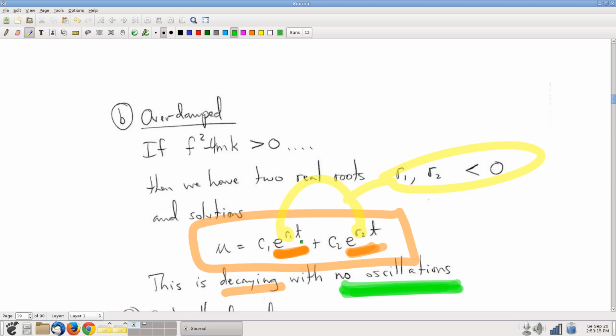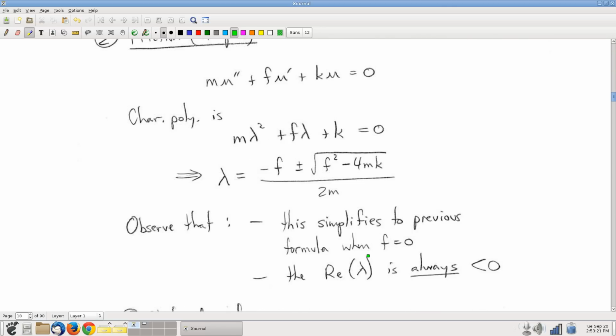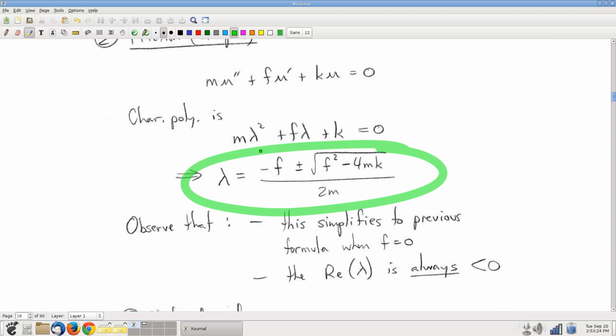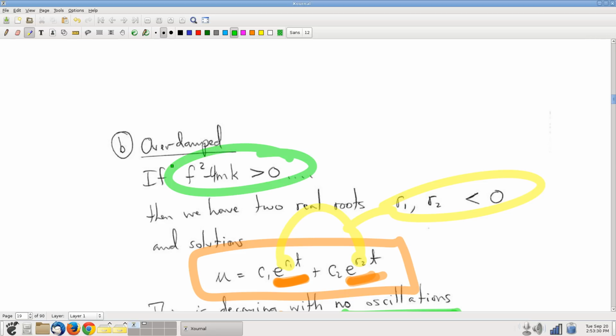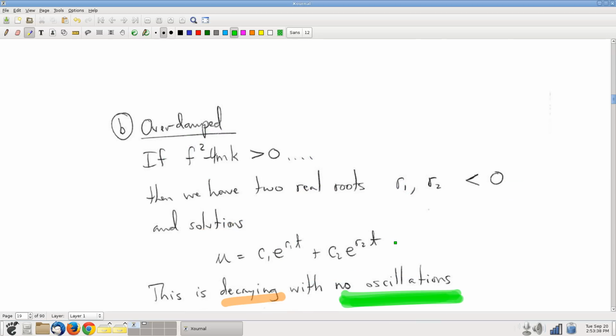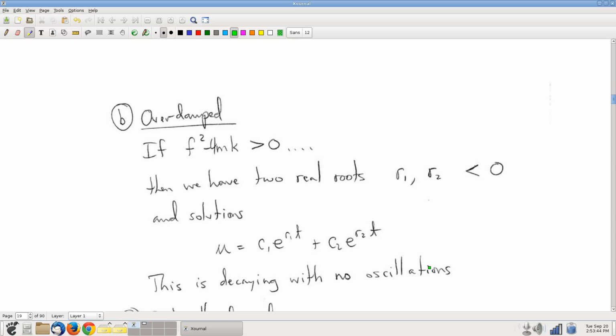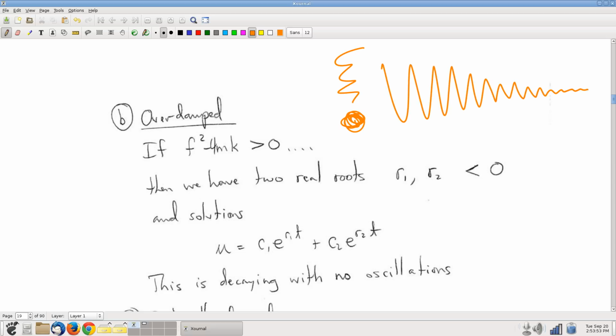There's no sine t, cosine t here, because these solutions, these roots here, don't have any imaginary part anymore, which is the case because this discriminant is positive. So positive discriminant, no imaginary part, no oscillations. Okay. So we get a very different solution, and as well we should, because while you would imagine a cannonball attached to a spring would oscillate and slowly decay because it takes a long time for air friction to slow down a cannonball,